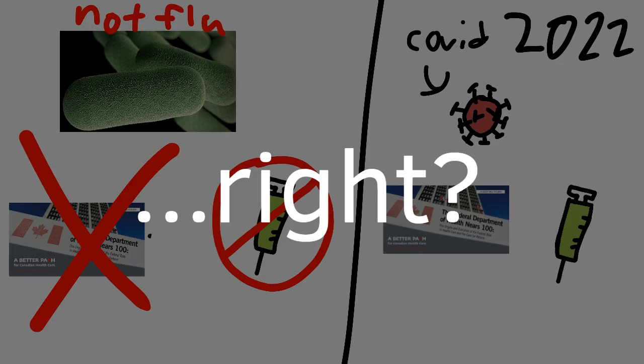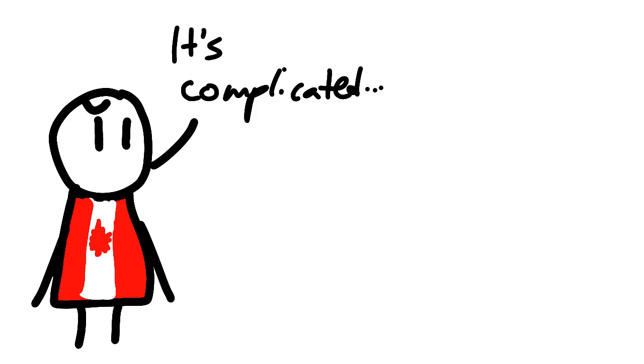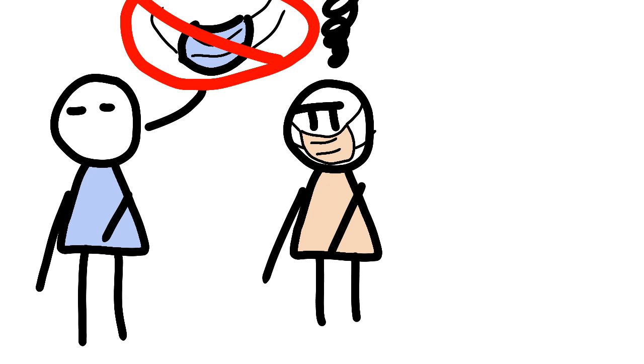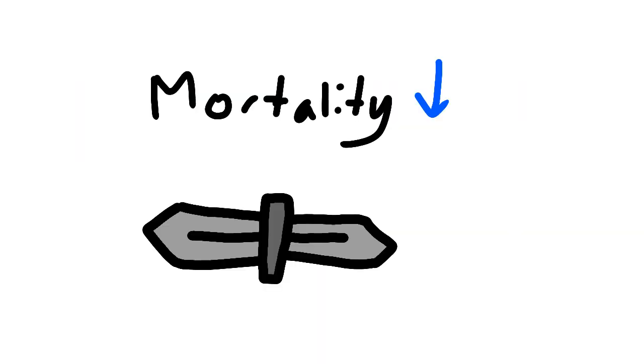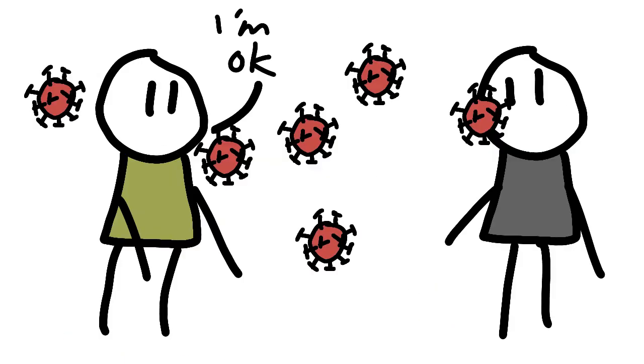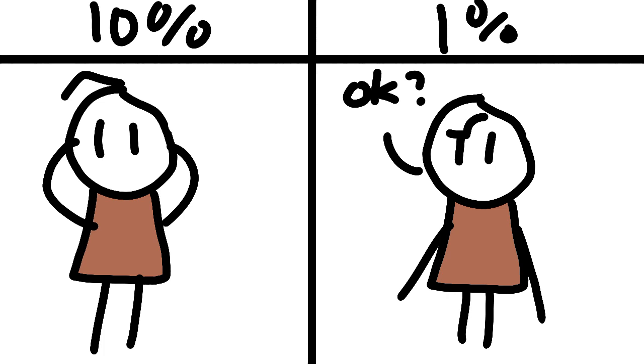Right? Well, it's a lot more complicated. As with the 1918 pandemic, there were people who blatantly refused to wear a mask. And the internet, while good at providing information, is also good at providing misinformation. Also, the lower mortality rate can be a double-edged sword. While it had a lower death rate, it also spread more quickly and silently. This also meant that people were generally less concerned about it.